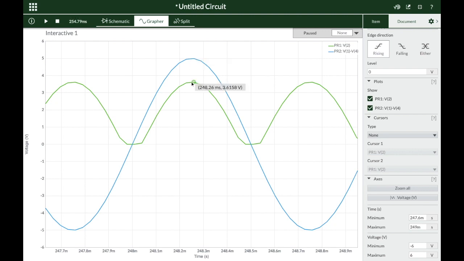So the difference is very close to 1.4, which is equal to the threshold voltage of two silicon diodes connected in series. That is because the current flowing through the load resistance is coming through two forward bias diodes. We can also observe that during the negative half of the input signal, the output is positive.